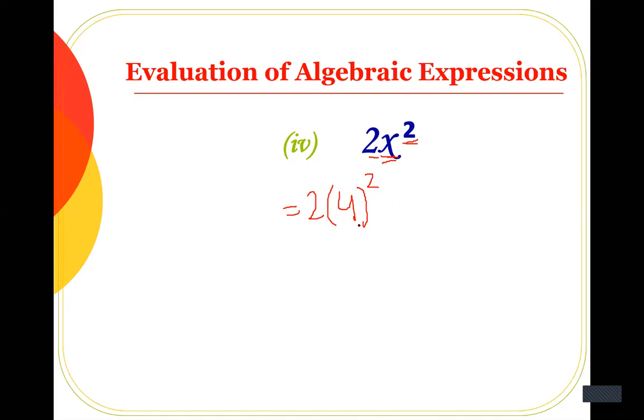Now what do you know about this one? Students, what they did was 2 multiply by 4. No, that is completely wrong. If you have an exponent here, you have to open your exponent first. So you know 4 raised to the power 2. What does it mean? It means you have to multiply 4 by itself 2 times. 4 multiplied by 4 is 16.